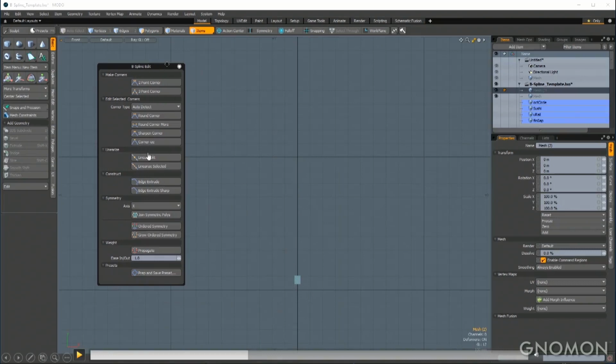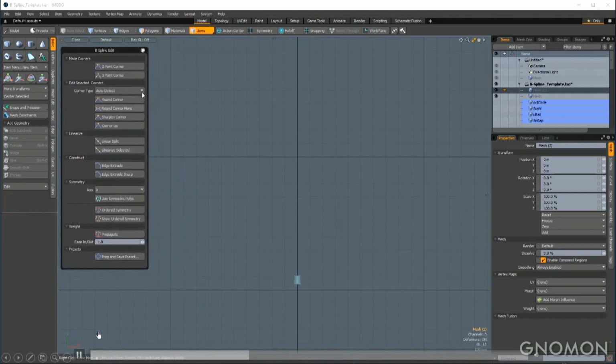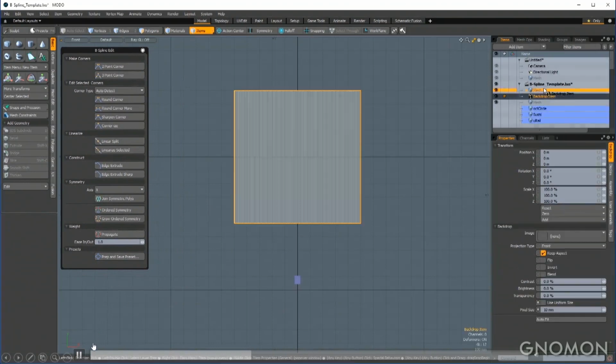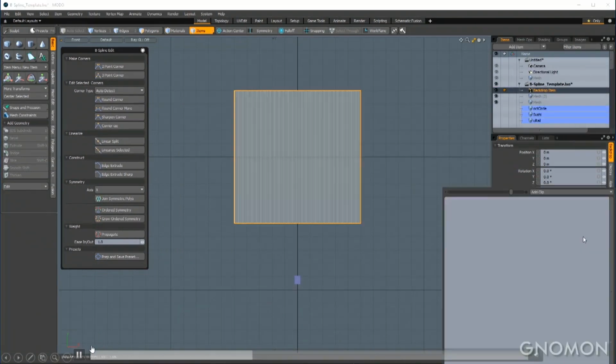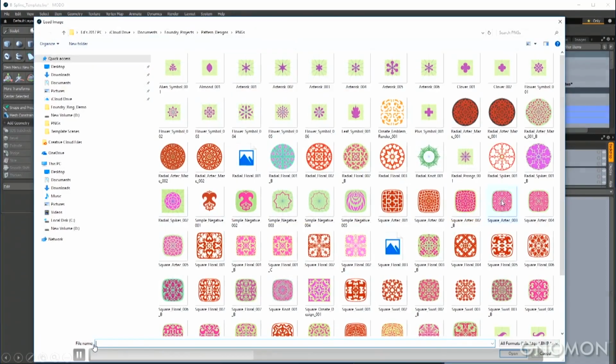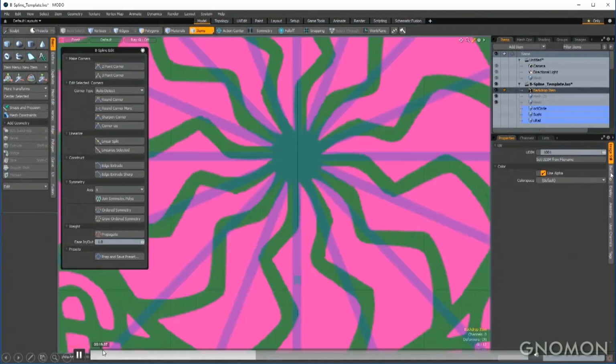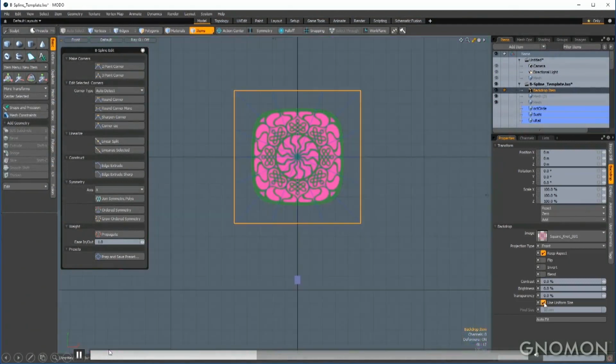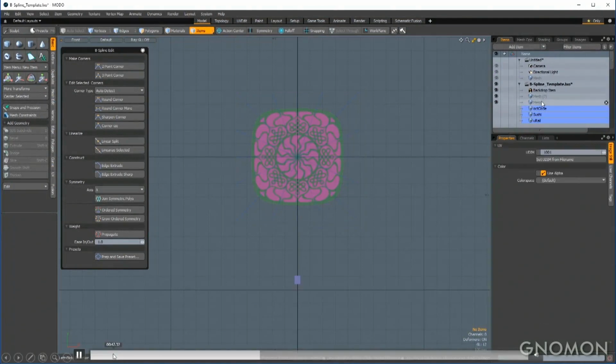And these are full of really great scripts that were written by Darrell Anderson. He's the co-author of Mesh Fusion. And these are just really great for working with B-splines. So I'm also going to create a backdrop item. And then in the backdrop item properties, I'm going to go to Image, Add Clip, and then I'm going to load the image, the square knot 001. Now it comes in very large, so I'm going to go to use uniform size, and then I'm going to increase the transparency to 50%.